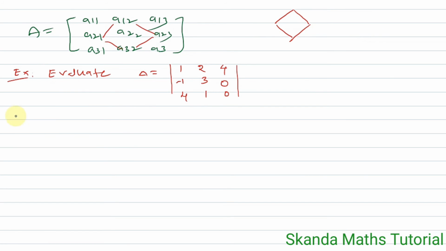Here it is a problem: evaluate the determinant of this 3 by 3 matrix. I told you that these elements have negative sign. Based on that we can find it. This is delta. Delta is equal to 1 into,